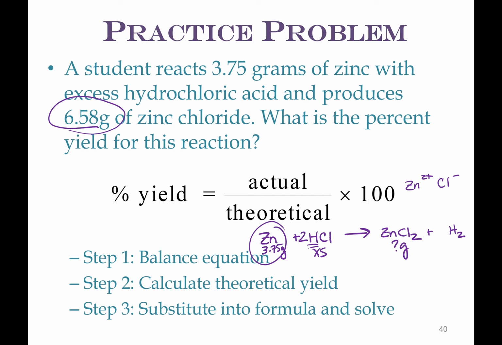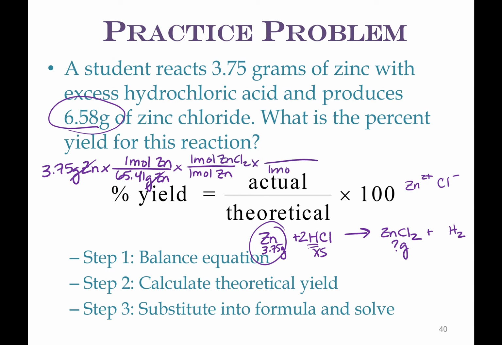All right, so 3.75 grams of zinc. The mass of zinc is 65.41 grams of zinc for 1 mole, just from the periodic table. And in this problem, 1 mole of zinc is going to give us 1 mole of zinc chloride. And 1 mole of zinc chloride has a mass of 136.31 grams of zinc chloride, giving us